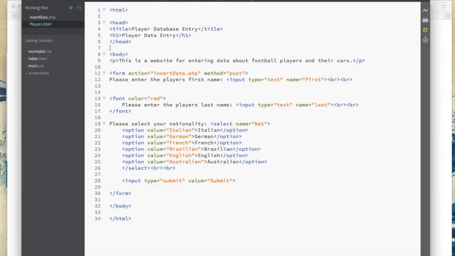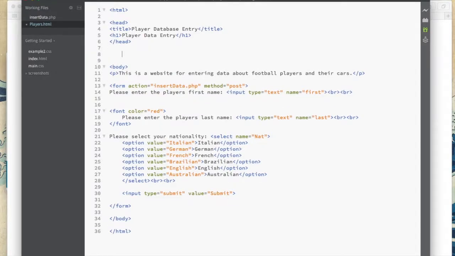If we wanted to put a comment in here in HTML, the best way to comment is like this. Dash, this is a comment, and you can see the whole page has gone grey, right? So you have to close that off as well to make sure that the comment stays just in that section. Now, you're not going to write this is a comment in your comments normally. What you're going to write is something like this is